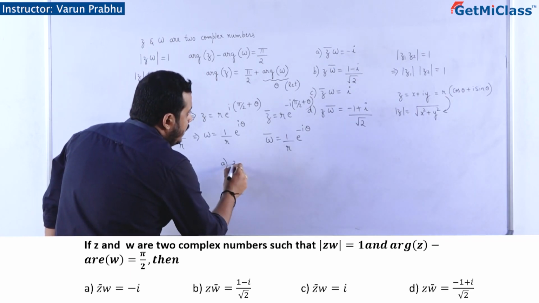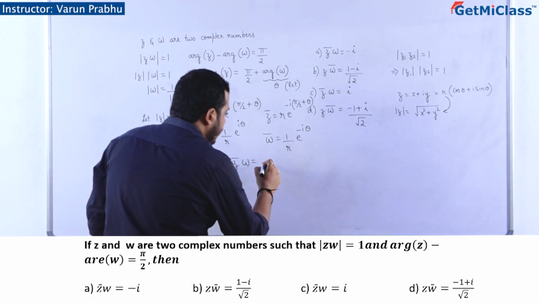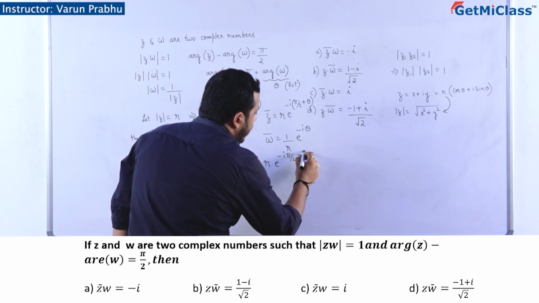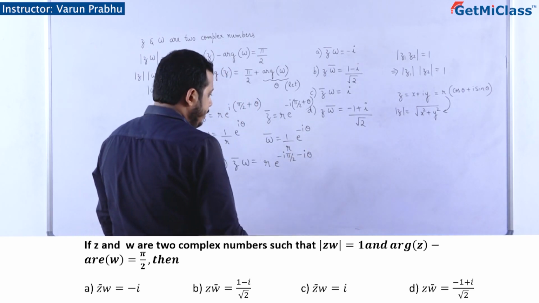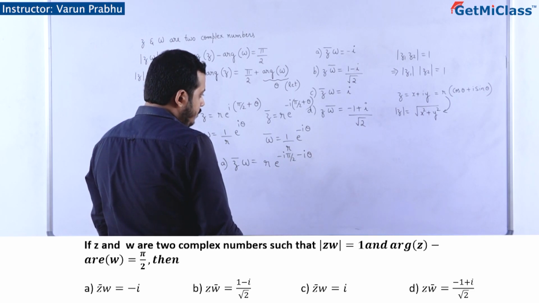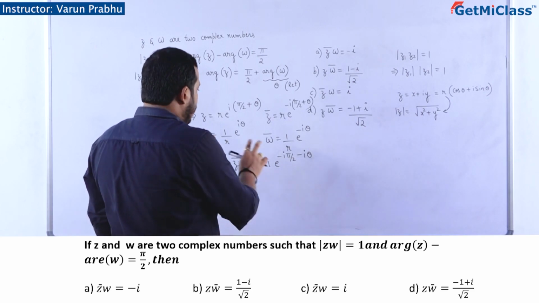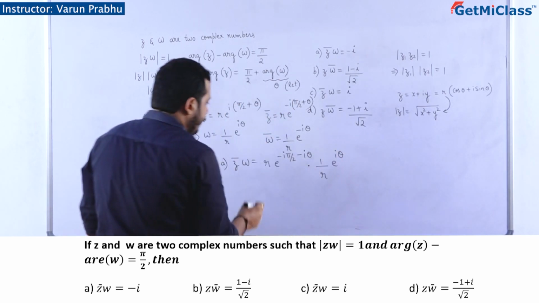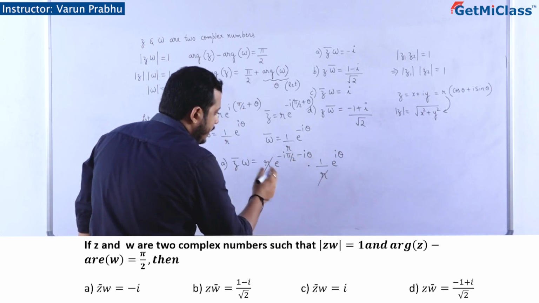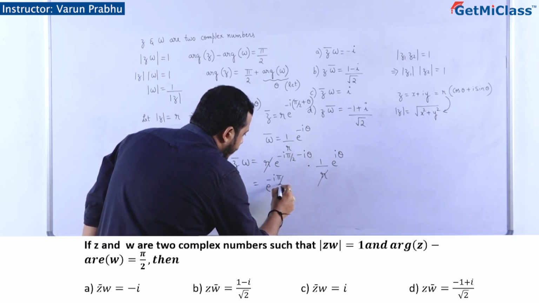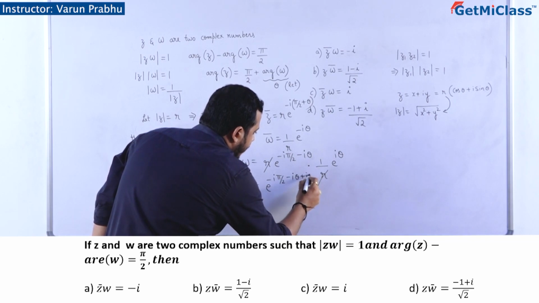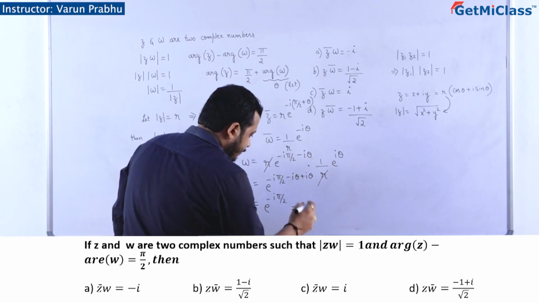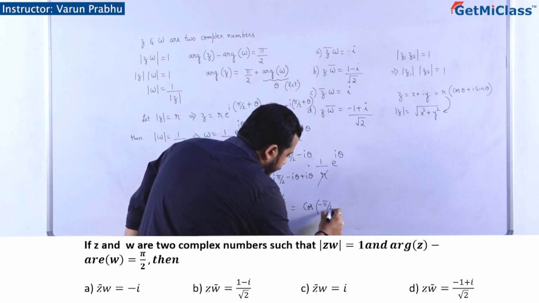So you look at the first option now. First option, I'll get z bar into omega. Z bar into omega is r into e to the power minus i pi by 2 minus i theta, into omega, which is 1 divided by r into e to the power i theta. You can clearly see this, r and r will get cancelled. You are left with e to the power minus i pi by 2 minus i theta plus i theta. So your answer will be e to the power minus i pi by 2, which is nothing but cos of minus pi by 2